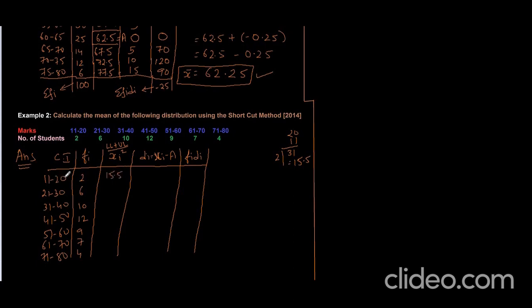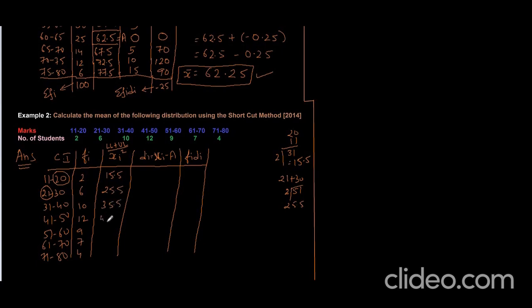Now what is the difference between them? Difference between them is 9. But if you see, it is not a continuous one. Here it is 20, here it is 21. So even if you add, you are not going to get the answer correctly. So you have to do it specially for each and every class. So here 21 plus 30, that is 51. 51 divided by 2 will be 25.5. So here you get 25.5. Then afterwards you can work it out.